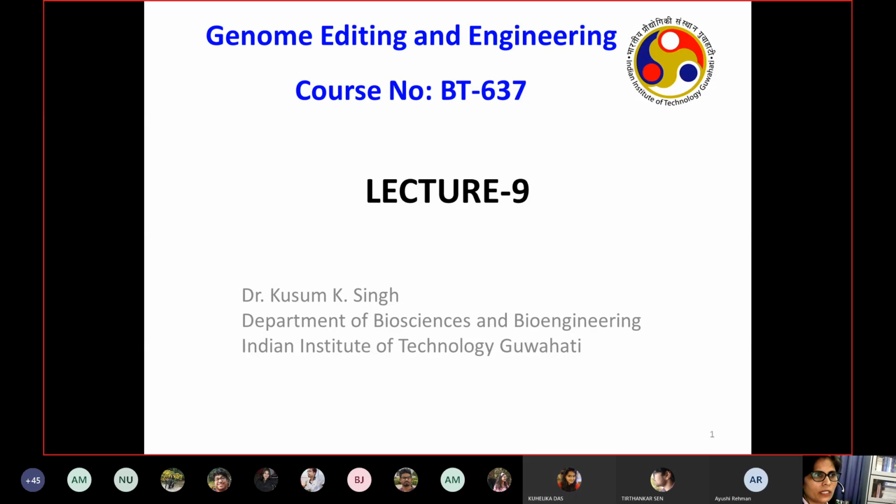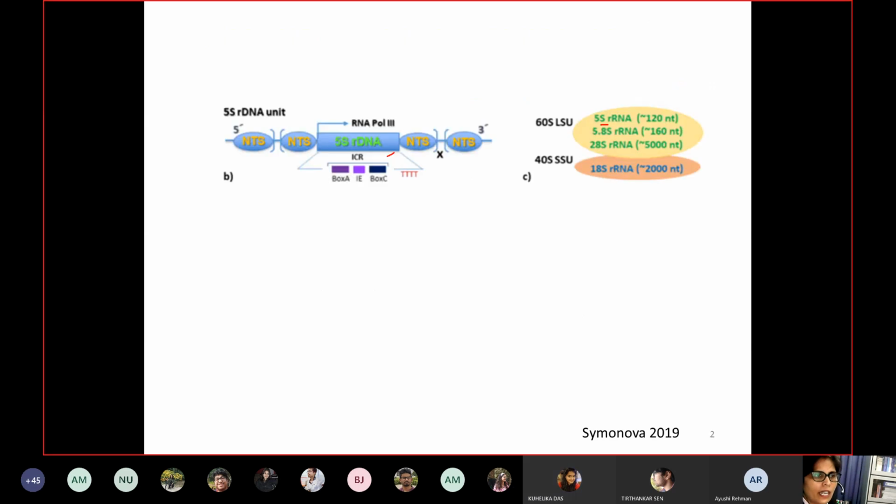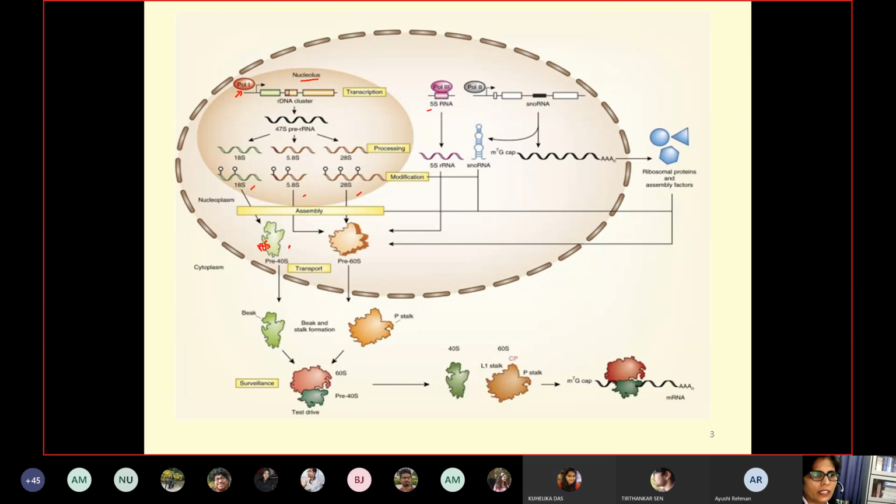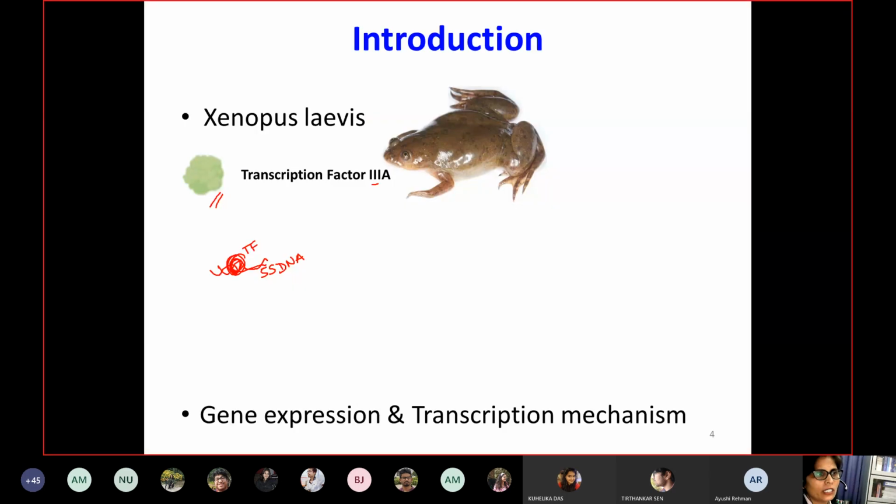For example, in today's lecture, I started with this slide and then this slide. These two slides are based on my previous lecture, what we actually did in the last lecture. We purified the transcription factor, specifically the one that binds to 5S DNA, right? This is what we did in a nutshell in the last lecture. In these three slides, I just showed this. And this was the outcome of the last lecture, actually.